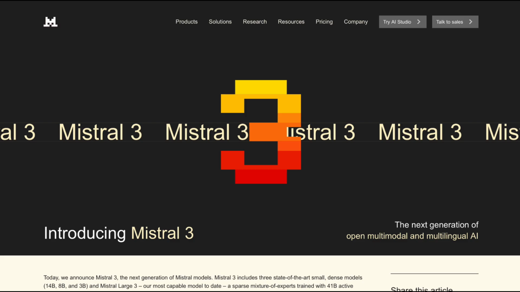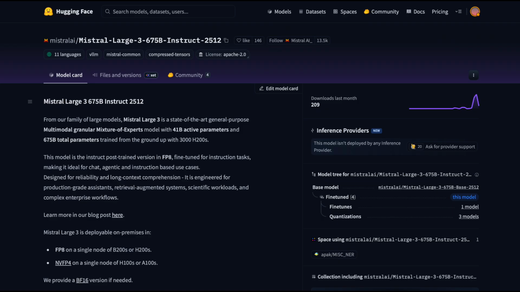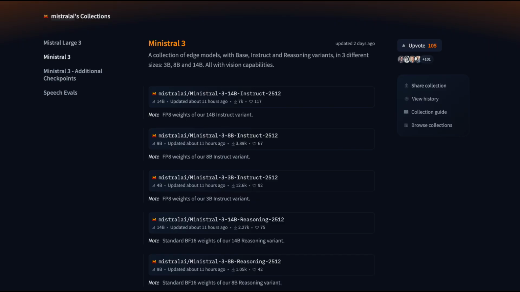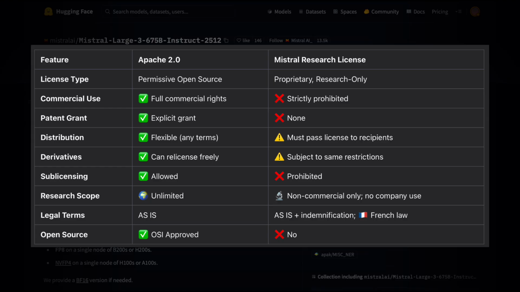So their drop on Tuesday includes two distinct lines. The first one is Mistral Large 3, which is their flagship mixture of experts model, just like everyone else has been doing, like Kimi K2, like GLM 4.6, or Qwen 3 Max. We've also got Ministral 3, which is a suite of small dense models that are designed to run on edge devices. Crucially, they have released all four of these models as open weights on Hugging Face under the Apache 2